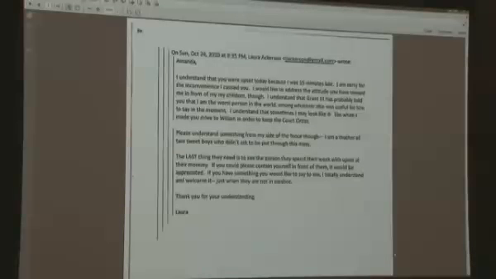Please understand something from my side of the fence, though. I am a mother of 2 sweet boys who didn't ask to be put through this mess. The last thing they need is to see the person they spend their week with upset at their mommy. If you could please contain yourself in front of them, it would be appreciated. If you have something you would like to say to me, I totally understand and welcome it, just when they are not in earshot. Thank you for your understanding, Laura.